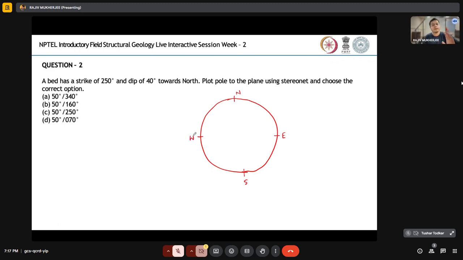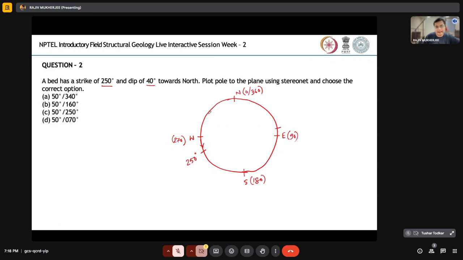Okay, so the information that we got is that it has a strike of 250 degrees and dip of 40 degrees. We know this is 270, this is obviously 90, this is 180, and this is 0, or you can also say 360, right? So 250 means I have to go 20 degrees down this direction, and somewhere here obviously will be 250. This is a strike, and then the other end should be somewhere here,